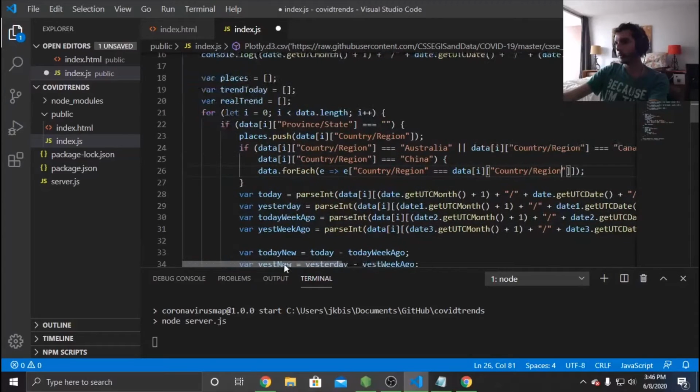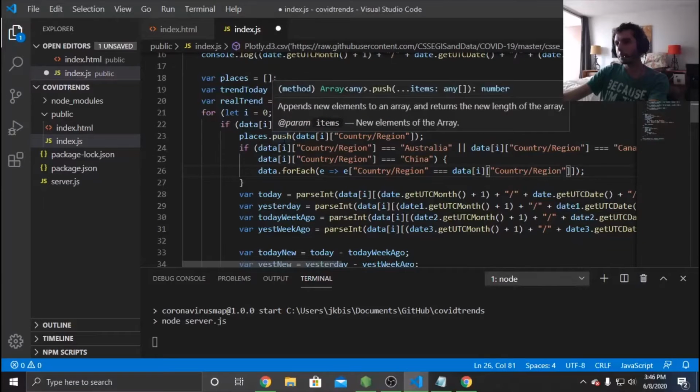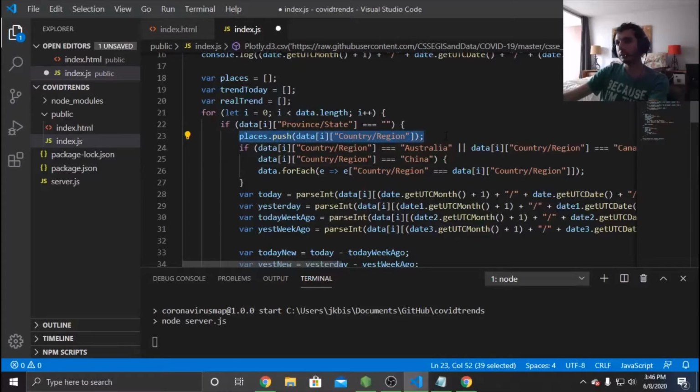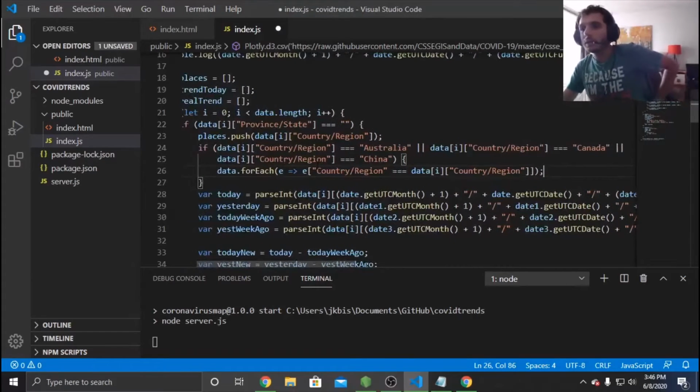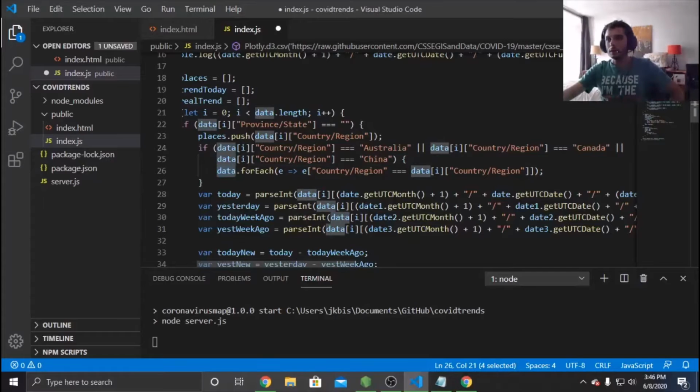I also realized, is my if statement in the right place? No, it's not. I need to figure out where I put my else before I can figure out where I put my if, but that's fine. Okay, so for each array of data, for each thing in our array, if the item, and we're checking the country region of the item. I did not close that. Okay. So if the item's country region is equal to the current country region that we're on for this thing,